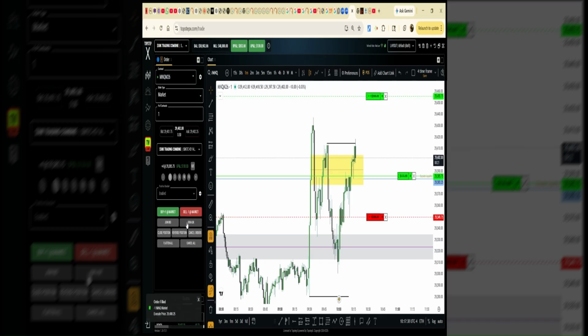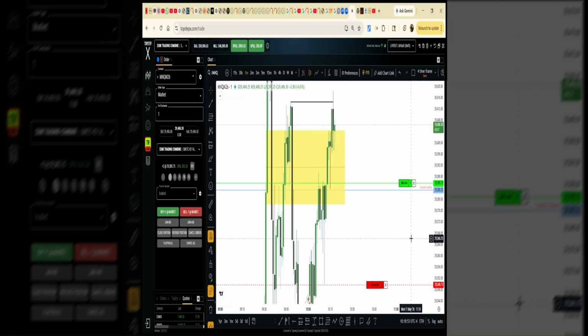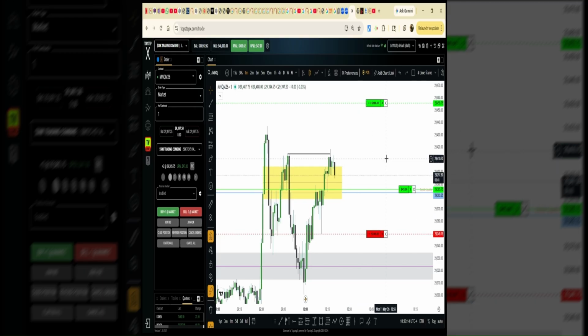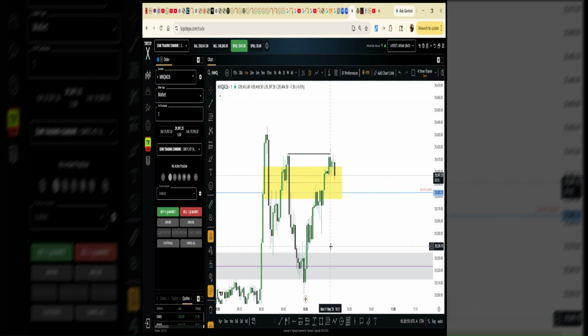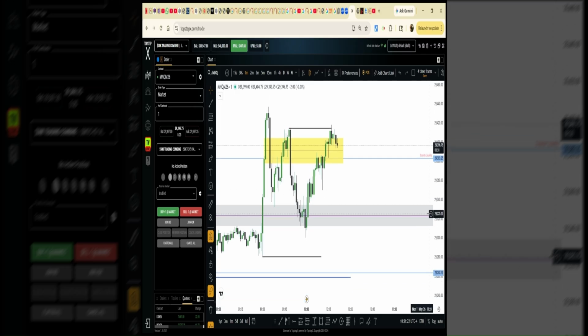Order filled. All right, so I decided to stop here for today. I don't like how we're being hesitant in this area. We could potentially come back down because I see these areas as also liquidity, and we could potentially turn back and come back down. And I don't like the fact that we came up and then we're stalling here. So to be content, I just close off here.